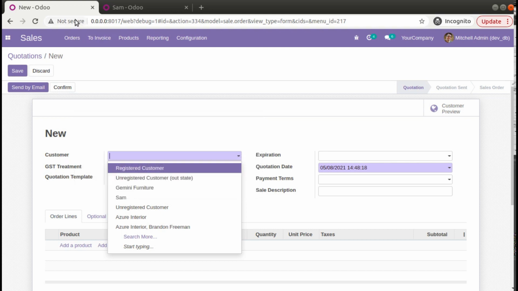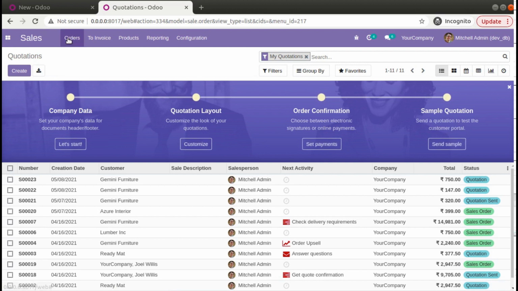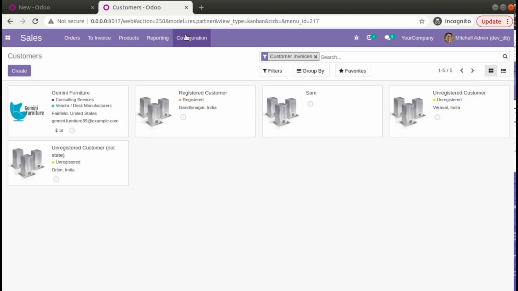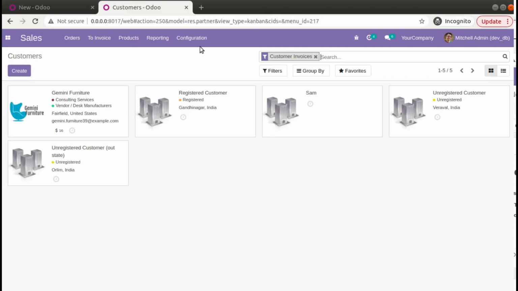The res.partner is customer, and all Odoo developers have to know that. Here in the URL you can see the model is res.partner. So the values we are seeing in the customer field come from this database table, res.partner.